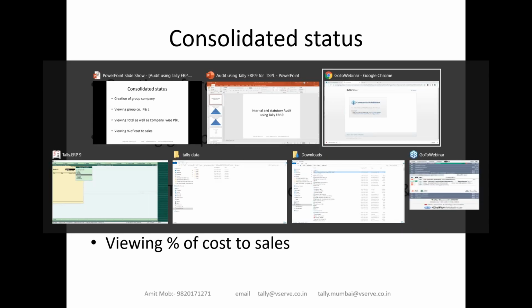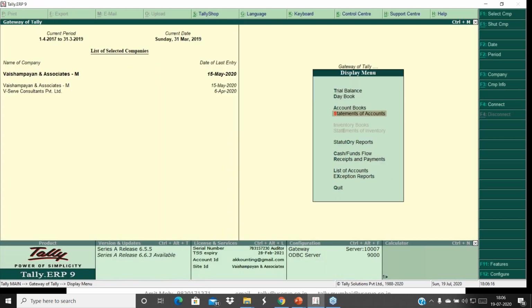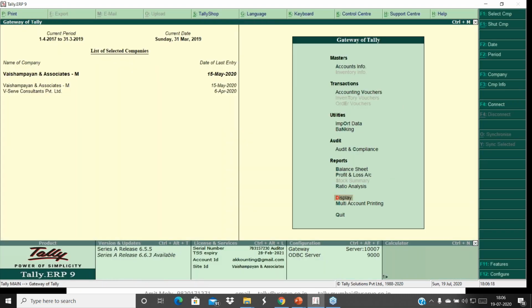Now let me go back to my Tally screen. Okay, I have these two companies. These are two live companies of mine. This one is Vaishnavan Associate, which is my chartered accountancy firm, and VServe is the consulting activity which I carry out, and I do Tally business mainly into this. If I have these two companies and I need to know what is my entire status, normally with these more than 50 PC type of companies, you will find there are a lot of